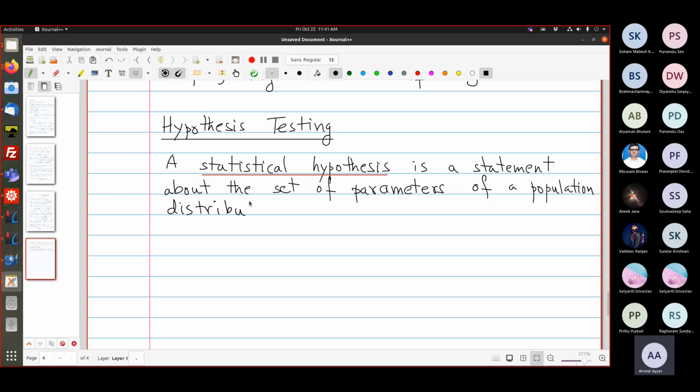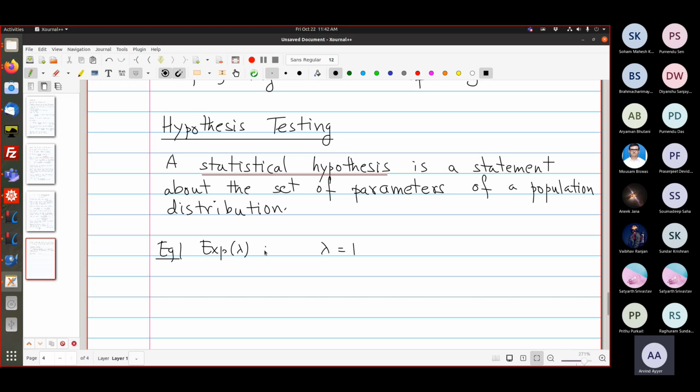Remember that we always have an underlying distribution from which we are going to get our samples, and this distribution is going to have parameters, and the hypothesis is a statement about the parameters. So for example, if you are sampling from an exponential lambda distribution,